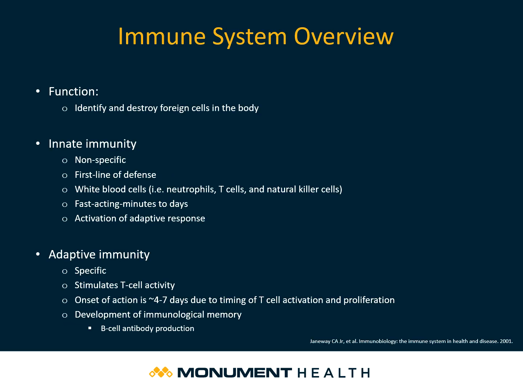To begin with an overview of the immune system, our immune system plays a critical role in protecting and maintaining our well-being by identifying and destroying foreign cells in our body, whether they be bacteria, fungi, viruses, parasites, and of course, cancer cells. Innate immunity is our first line of defense in which our white blood cells surround and engulf these foreign cells. This acts pretty quickly and activates our adaptive immune response from B cells that create antibodies to develop memory of these foreign cells so that our immune system can quickly destroy them if they were to reappear